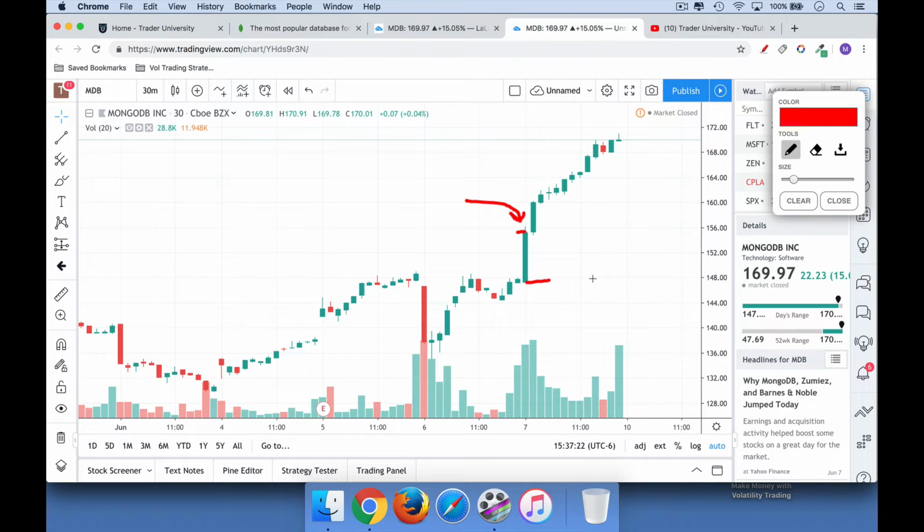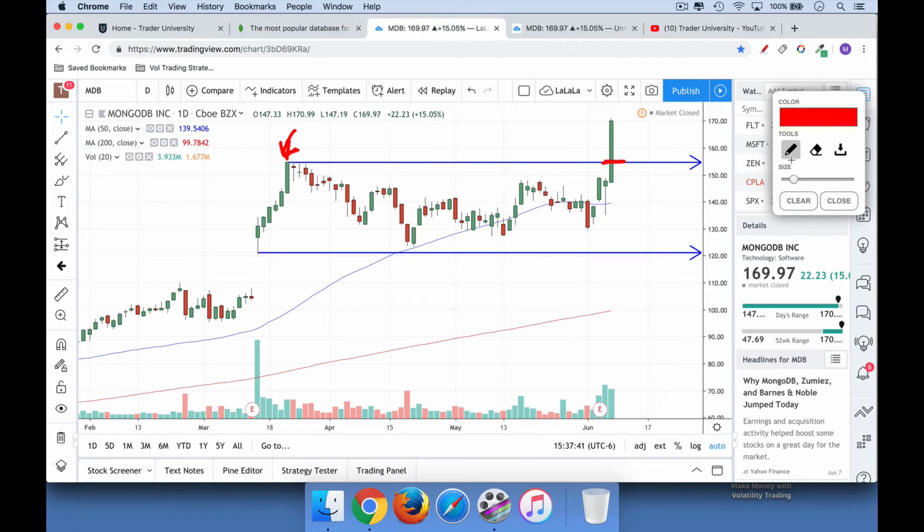And then you can see what happened is this happened on much higher volume than normal, elevated volume. And the volume was elevated on earnings day, but then kind of fell off. And again, it really picked up on Friday. And what this led to is what we call a trend day, where if we look on the big chart,